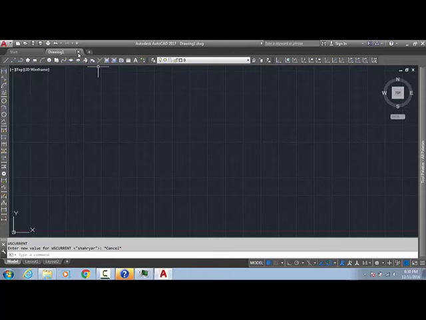If you are going to draw the same drawings again and again, it takes too much time, so I will show you how to merge those things into one command, how to customize your command. Even though I am using a premium version, if you are using an LT version, you can customize your command too.